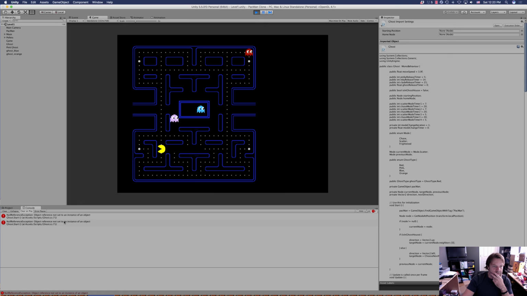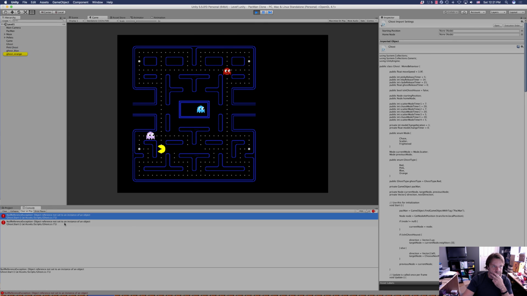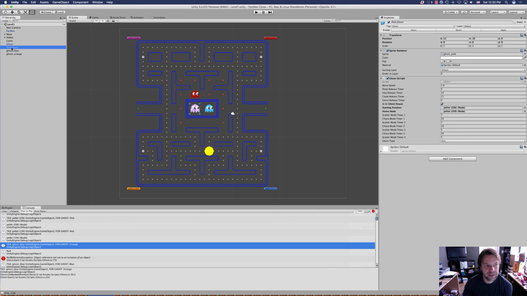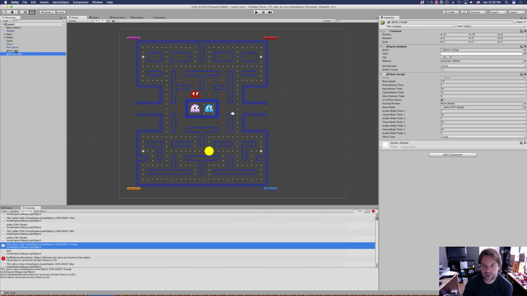And we're still getting a null reference exception. Okay guys, so after a little bit of troubleshooting, I don't know why I didn't think of this before, but you see how the difference here is that we have our red ghost and our pink ghost, and both of these have tags for being a ghost. Ghost blue and ghost orange are not being tagged for being ghosts, which means they are actually being added to the array